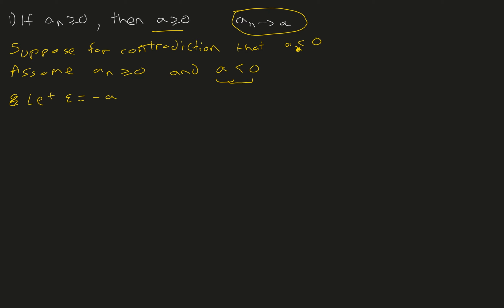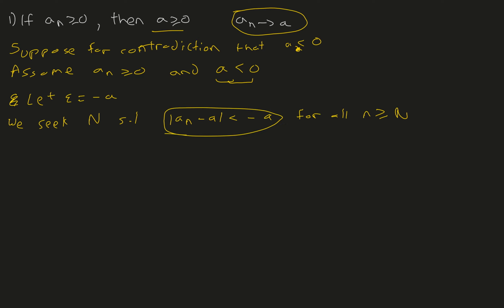So we seek N such that the absolute value of an minus A is less than minus A for all n greater than or equal to N. This can be rewritten as